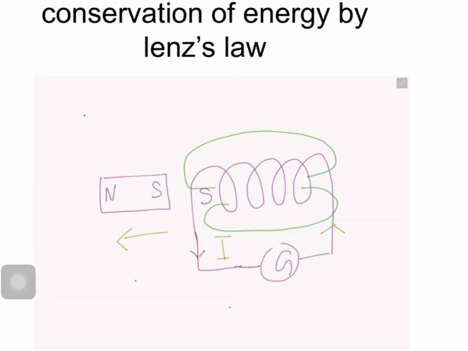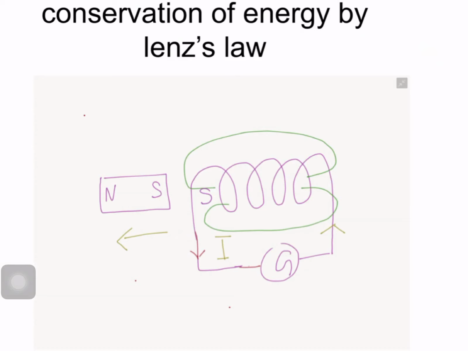These two poles will have an attractive force. So, based on the concept, if there is an attractive force, what happens? If you gently push the magnet towards the coil, the magnet can move towards the coil without the need of any external agency. It can move towards the coil with speed and energy. So the velocity should increase, as well as the energy should increase. But practically that does not happen.